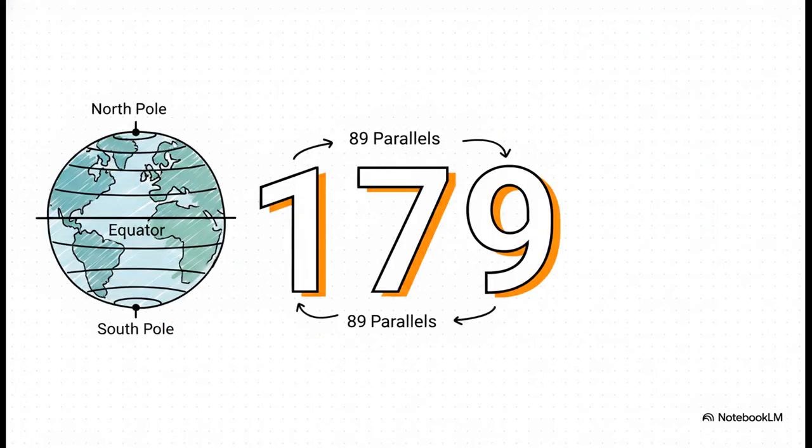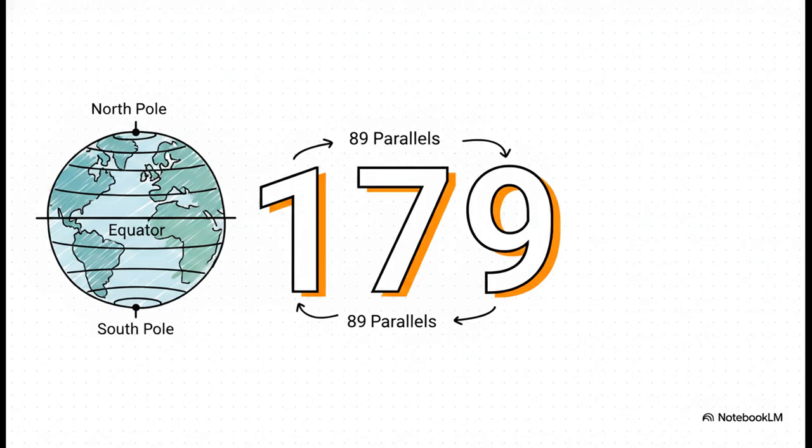So if we were to draw these parallels at 1-degree intervals, we get 89 of them in each hemisphere. When you add those up, plus the equator itself, that gives us exactly 179 parallels in total. Now, you might be thinking, wait, why isn't it 90 in each direction? Well, if you picture it visually, that 90-degree mark at the very top and the very bottom, those aren't circles